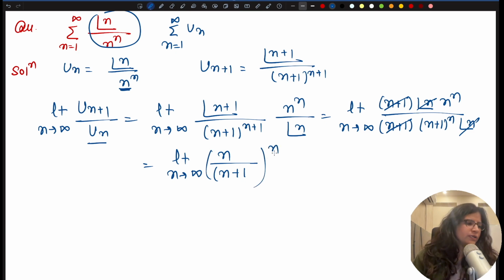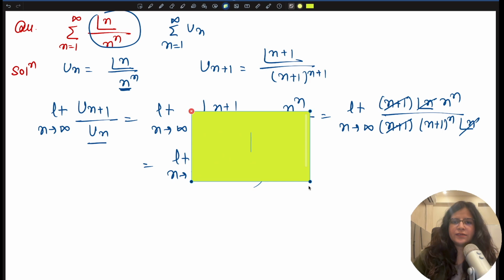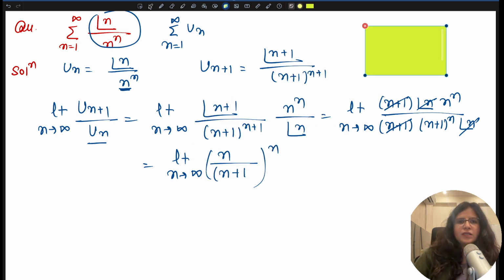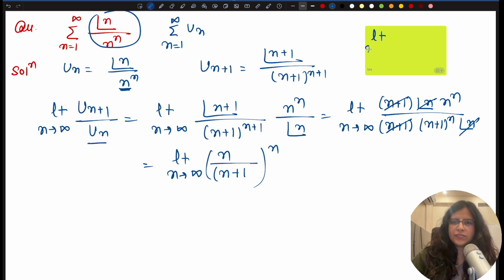Now देखो यहाँ पर ना एक कॉन्सेप्ट होता है, I can write it. There is a concept here that you have to remember. Limit n tends to infinite 1 plus 1 by n to the power n is equal to e. ये एक्सपोनेंशियल के इक्वल होता है, e to the power 1 के इक्वल होता है. Limit n tends to infinite 1 plus 1 by n to the power n is equal to e.